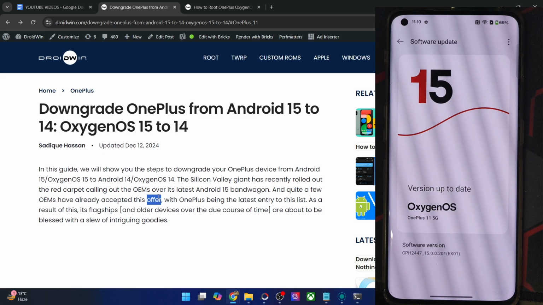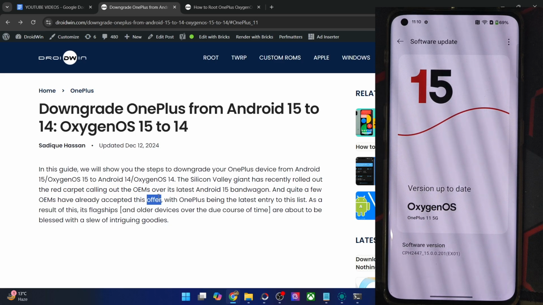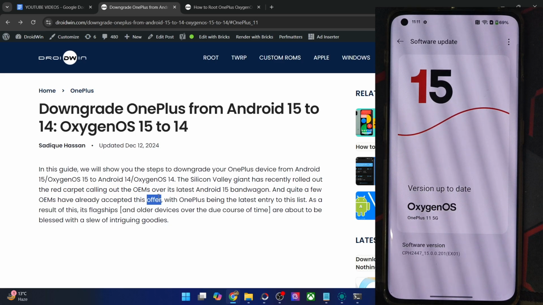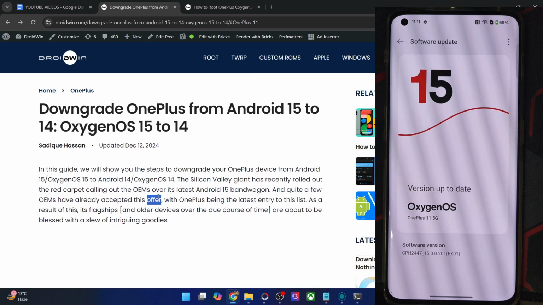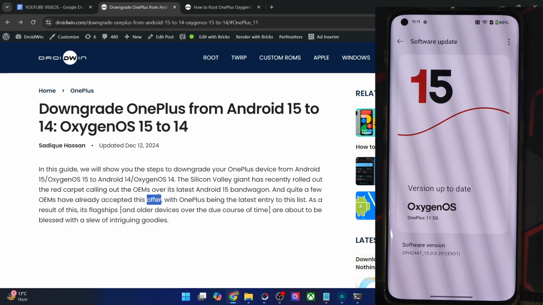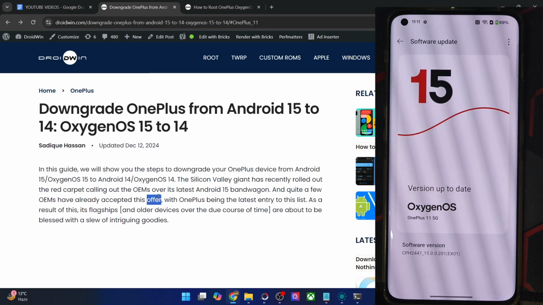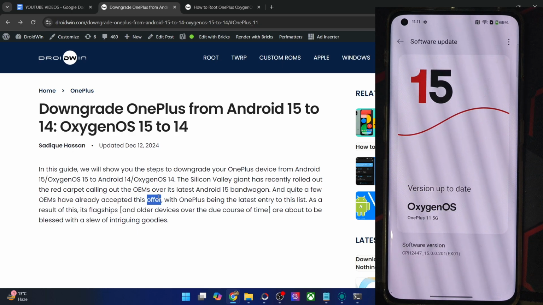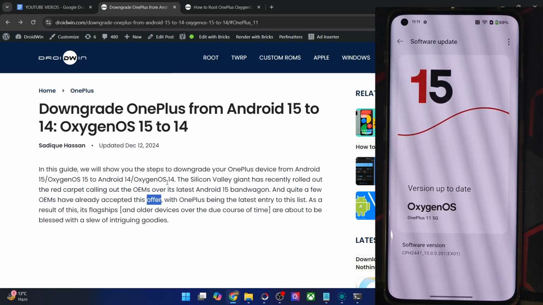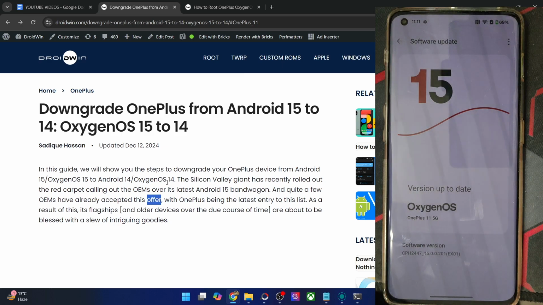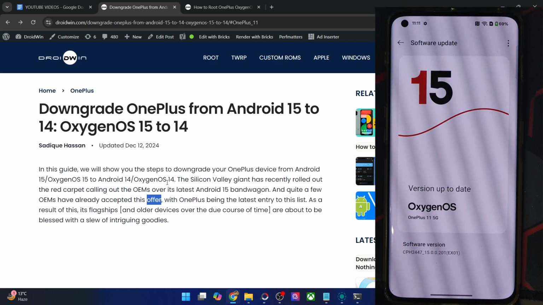So if you are currently on the latest OxygenOS 15 build and if there are quite a lot of bugs and issues, or if the UI and UX are not in sync with your requirement, then in all these cases, your best bet is to downgrade or roll back to the older stable OxygenOS 14 build, which was based on Android 14, and in this video I'll show you the official way of doing just that. So please take a backup and then let's get started.